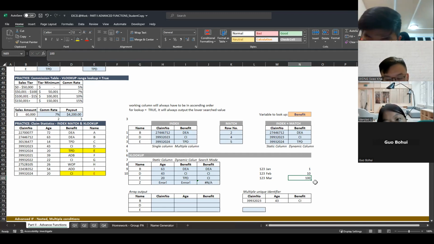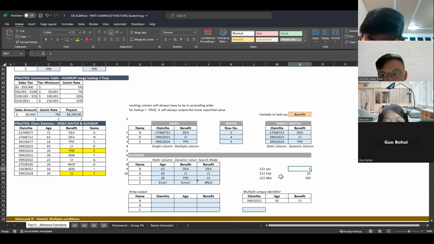Now I want to find out how much I paid for this claim in total. Because all these are cumulative, I should technically just take this particular value. But if it's doing a VLOOKUP, the record only shows that I paid $1. So that's the importance of searching from bottom to top, because I want to search the latest value here instead of the first value over here. So there are some insights that you can think of next time.